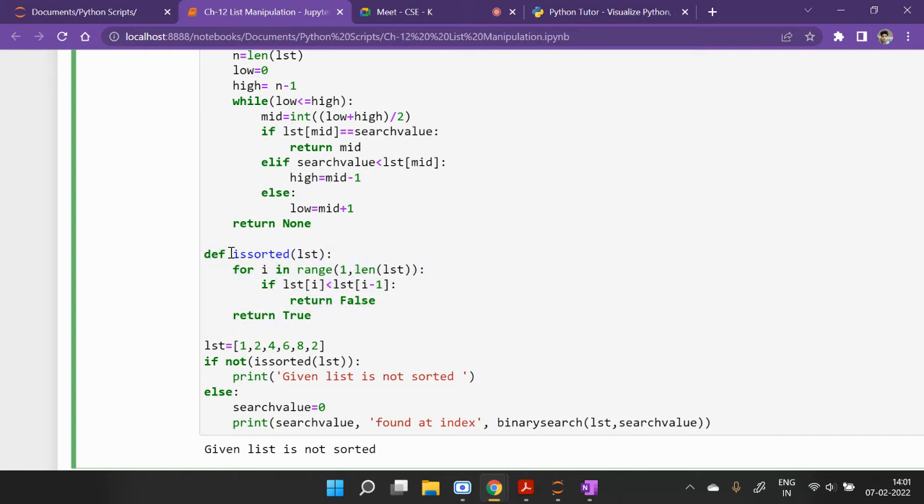This is to check whether the list is sorted or not. So def is sorted is a function in the list, for i in range 1 to length of the list. If list i, the ith index, is less than the i minus 1th index, so the i minus 1th index is the left side, so that value is more. Okay,